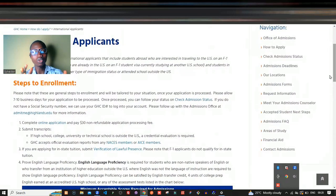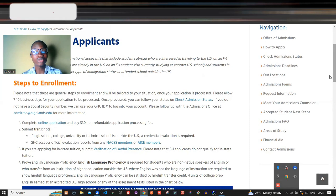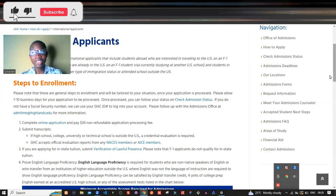So what also surprised me about this particular college is that in 7 to 10 days you can get your admission decision. Okay, which is a very good one, with the fact that they are not requesting any admission application fee, and also with the fact that they have scholarship opportunity for those who apply for any programs in this college, they are still processing the application in 7 to 10 days. And once you get your admission offer, you need to actually go to check your admission